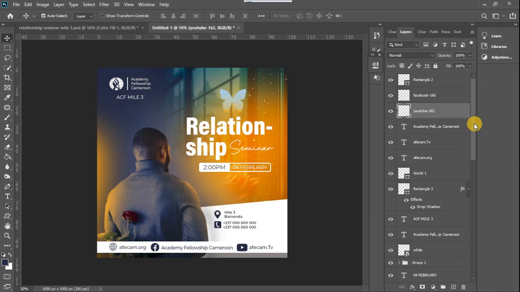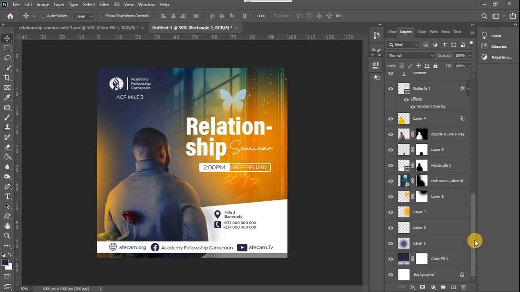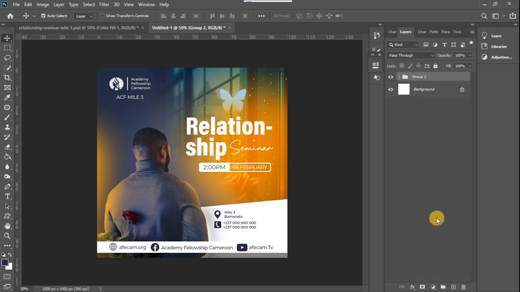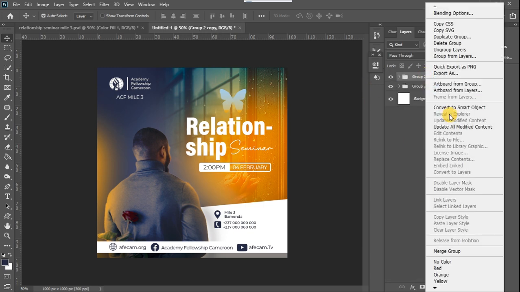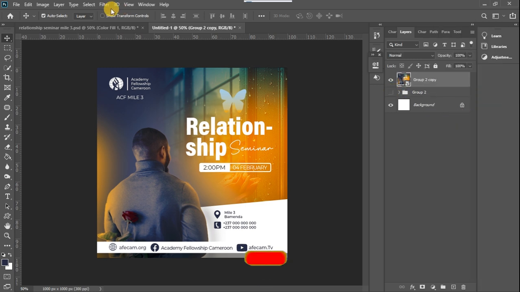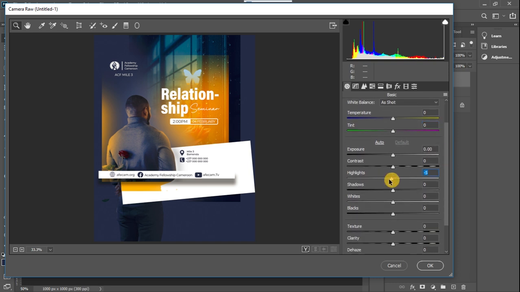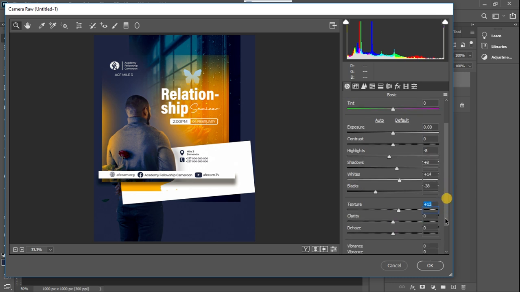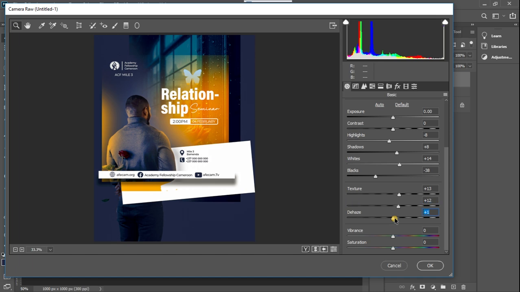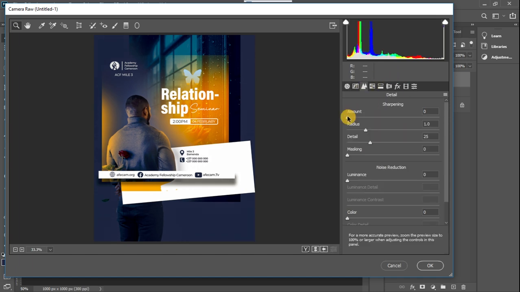What I'm going to do now is to color grade my design as usual. So just group everything, create a copy, convert to smart object, and I'll go to the camera raw filter where I'm going to color grade my design. So I want to reduce my highlights, increase my shadows, increase the whites, bring down the blacks, something like this. Add some textures and clarity, the hair slightly, add some sharpening,